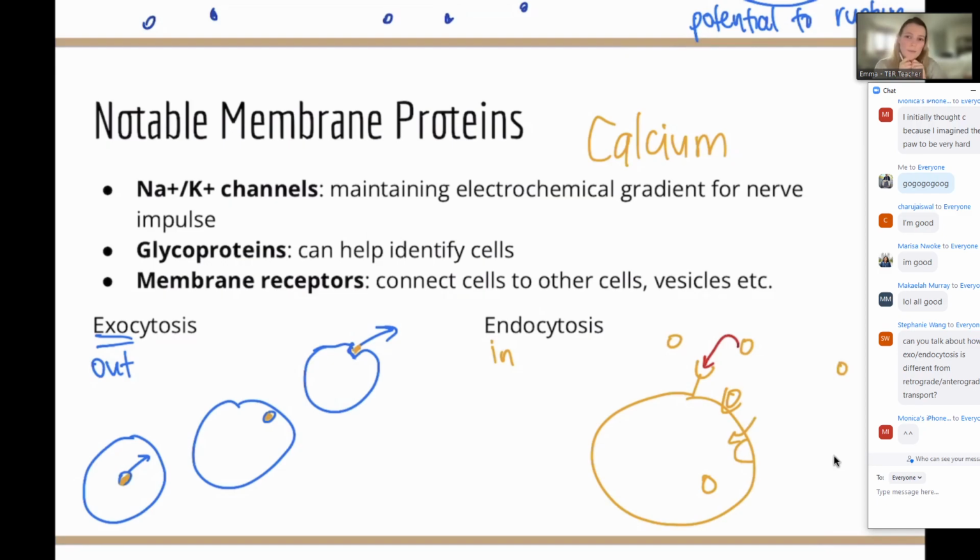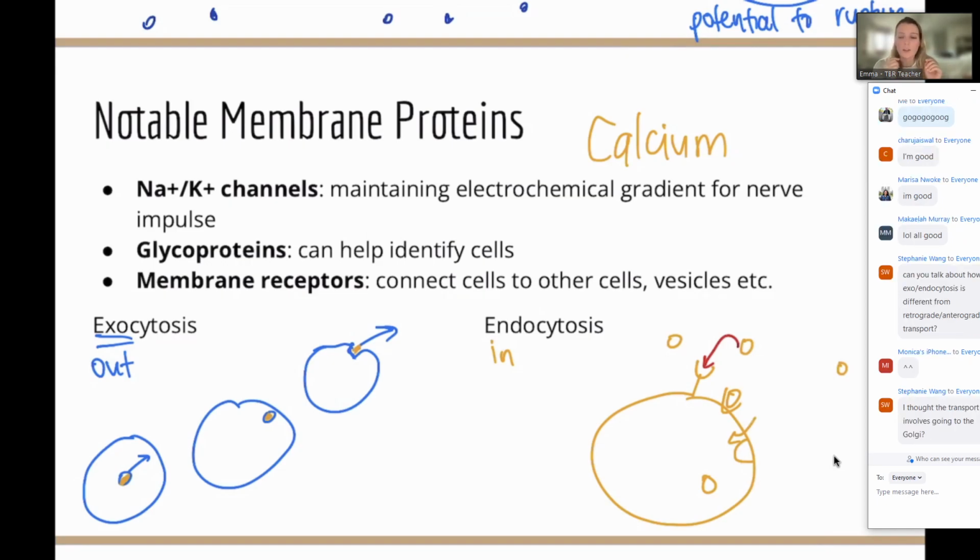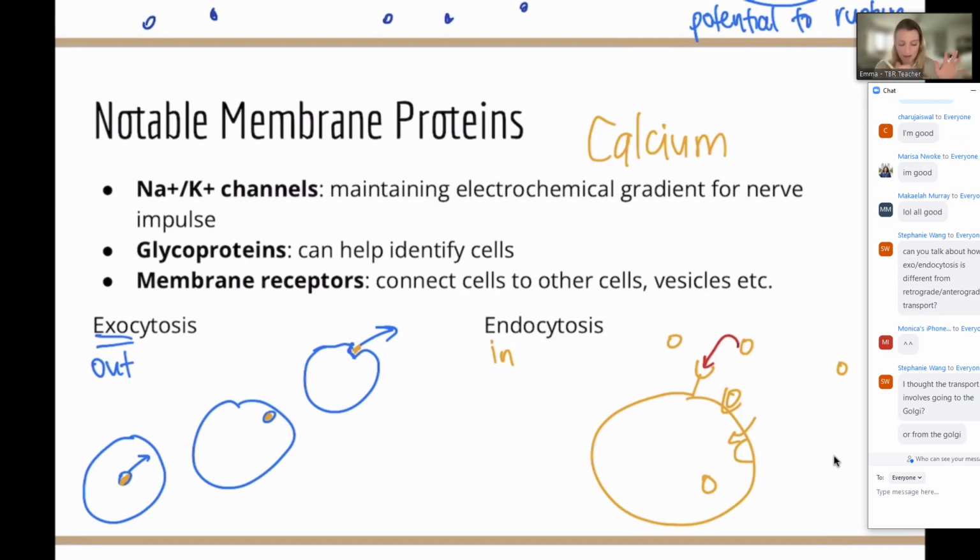So I'd think about it maybe like this. Let me try again. When we're thinking about endocytosis and exocytosis, we're typically thinking about things that are membrane bound. Whatever's in there doesn't really matter. Maybe it's liquid, maybe it's waste. Something is going to be membrane bound, so it's always going to come and meet the membrane and be a part of the membrane to either empty its contents into the cell or take the contents out of the cell.